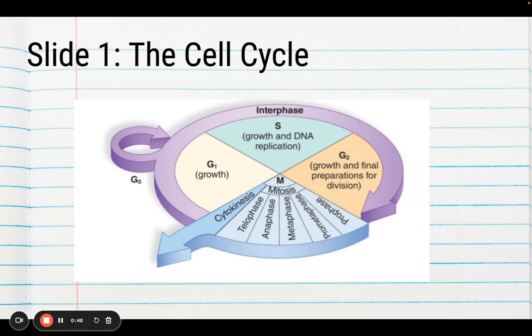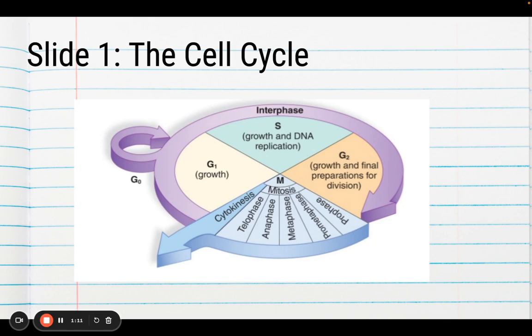So when a cell first divides or is born, we would say it begins to grow. It grows and it makes organelles during G1. Now, once the cell gets large enough, it's getting ready to start the process of dividing or becoming 2 new daughter cells. At the end of G1 or gap 1, there is S phase. We also call this the synthesis phase.